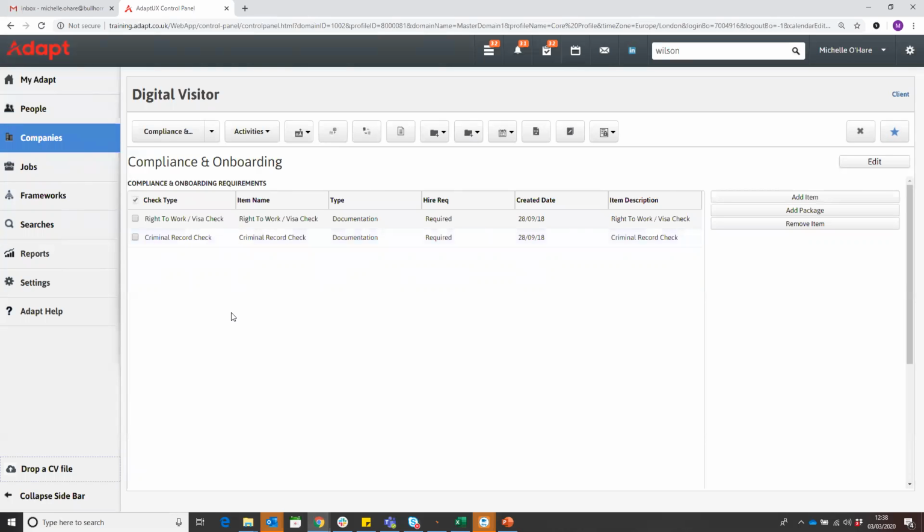The reason for doing it at company level is that when you create every single job from that client, it will automatically take those compliance items and attach them to any jobs you now create, which I'll show you now. The bonus of this, of course, is if there are a couple of things that are mandatory no matter what job type you're in, or you may have companies that only deal with certain types of jobs and they all need the same checks done. So this is a real bonus. Then when you go and create a job in here,